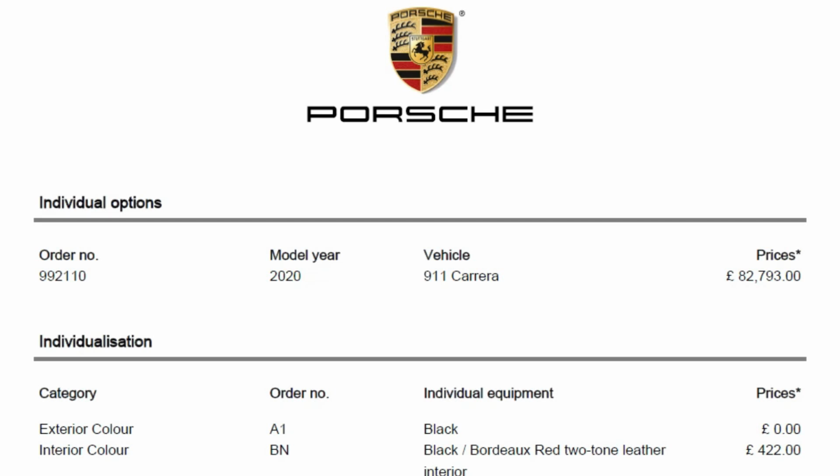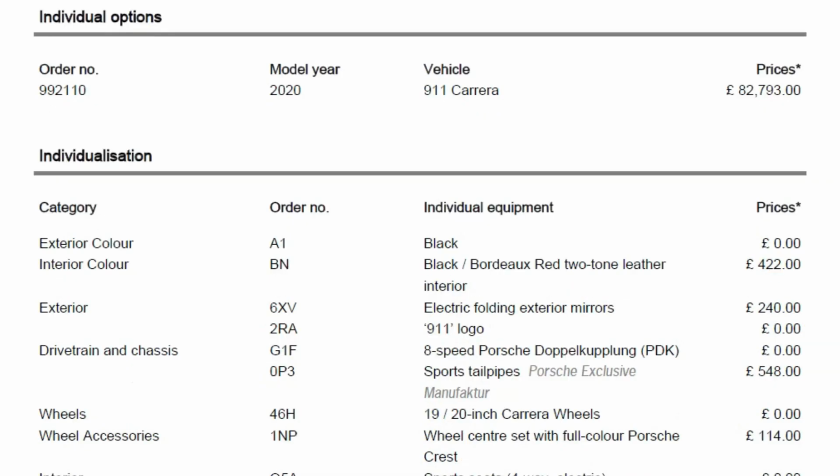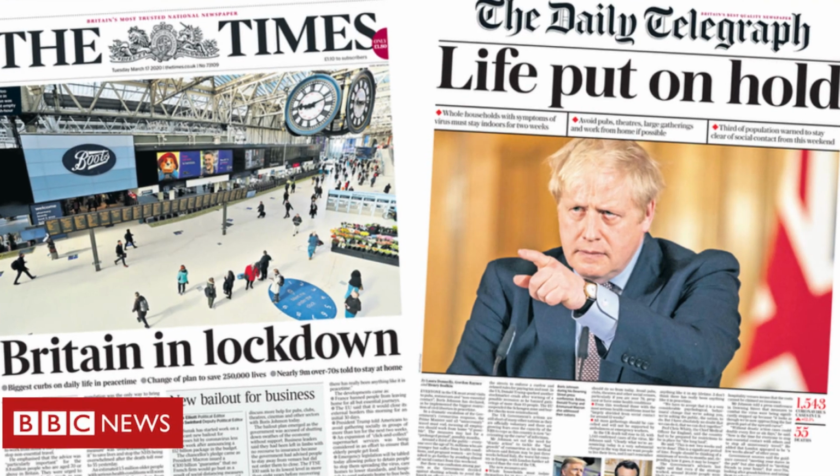Now, if I do a quick recap, I bought that car new and I ordered it back in October 2019. The car arrived in March 2020. It came a little bit late. It was supposed to come at the beginning of that month and it didn't. It came sort of the middle. So with it being the UK, March 2020, I took delivery of that car a week before we actually locked down